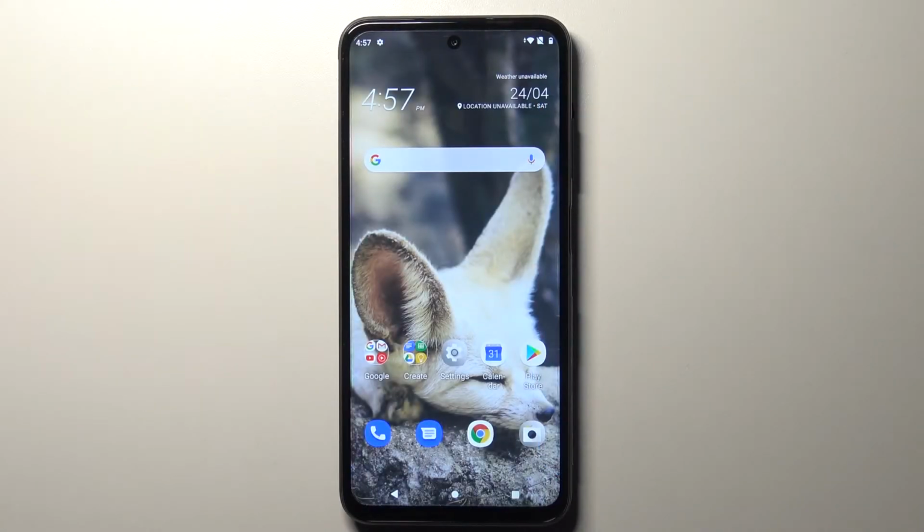Hi and welcome. I am here today with HTC Desire 21 Pro and I'll be showing you how to customize